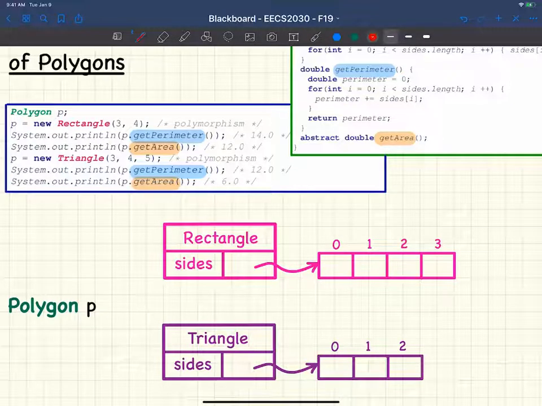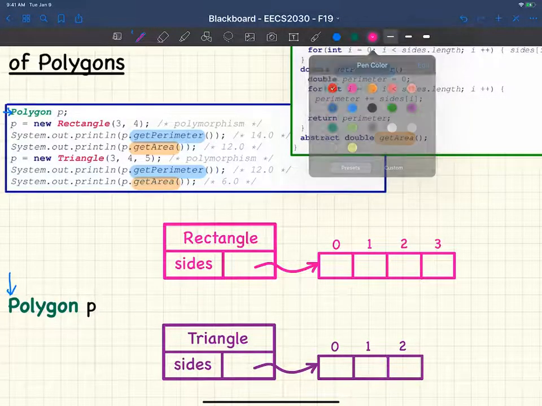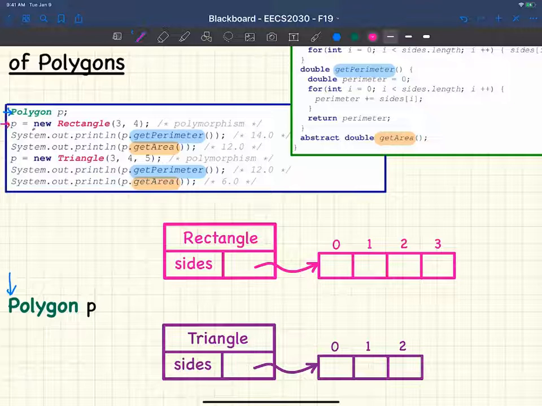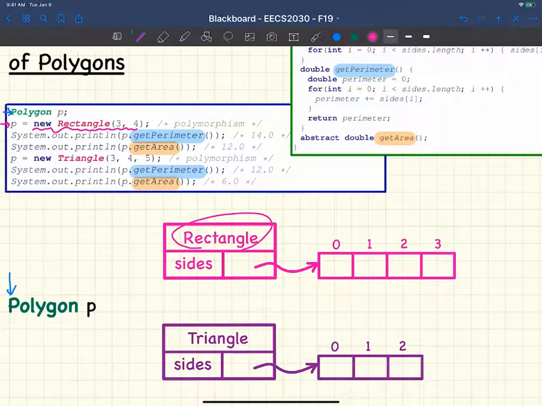Let's try one by one. Let's try with the first line. We simply declare polygon P over here. That's the first line. So polygon P is now declared, right? It might be substituted by any of the descendant classes of polygon. Okay, that's not abstract. So let's see the first one. When we say over here, let's say P is assigned to new rectangle 3, 4. So what we're doing over here is we're creating a new rectangle object over here. Okay? And then